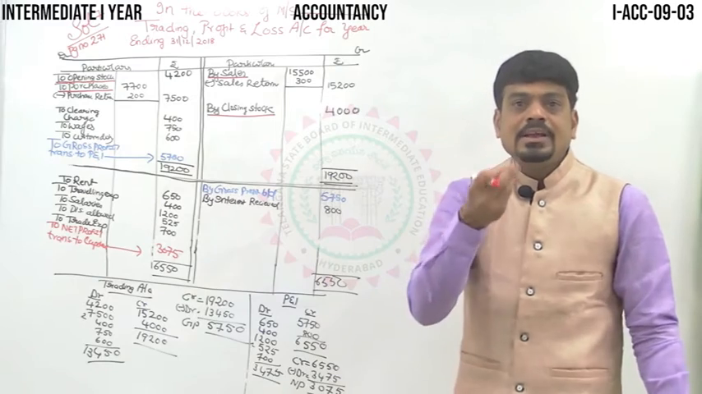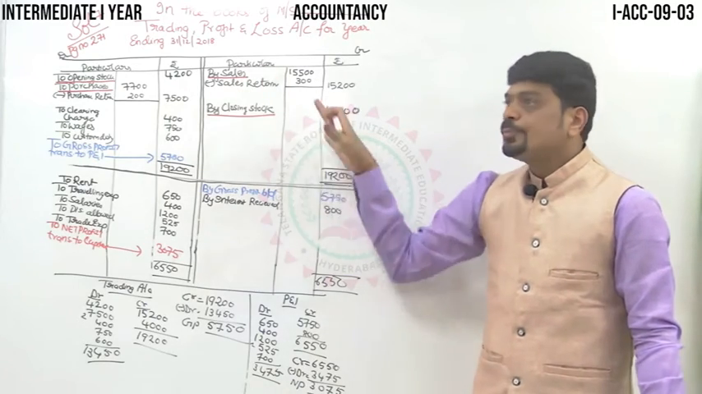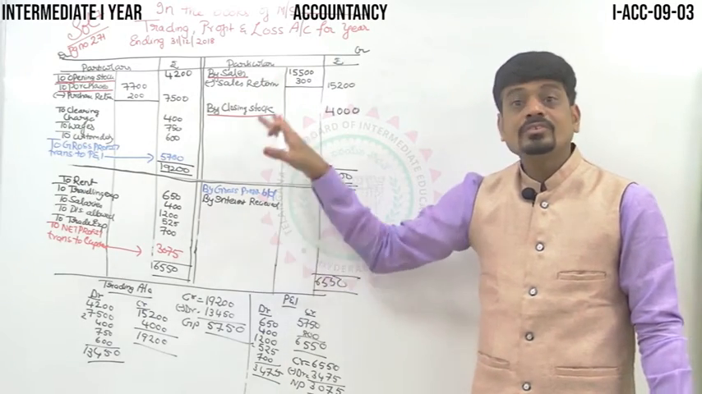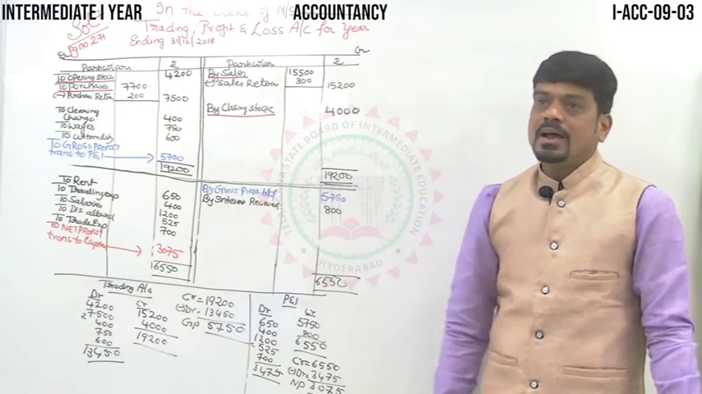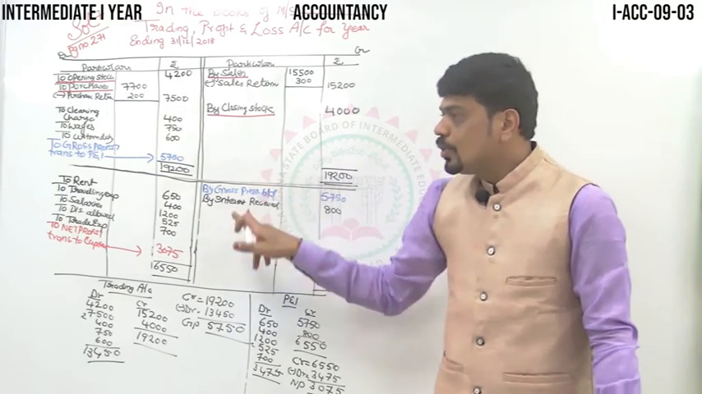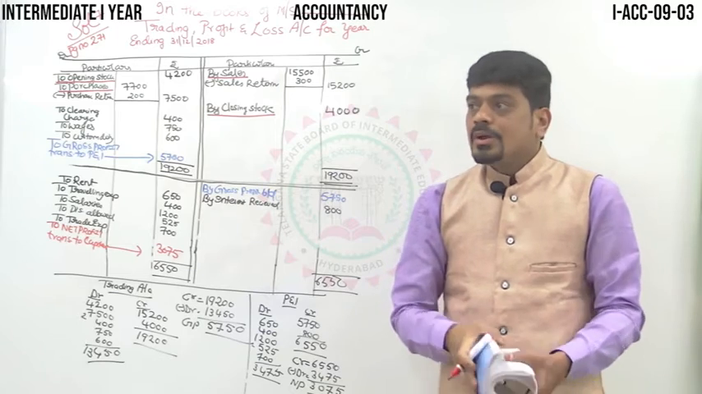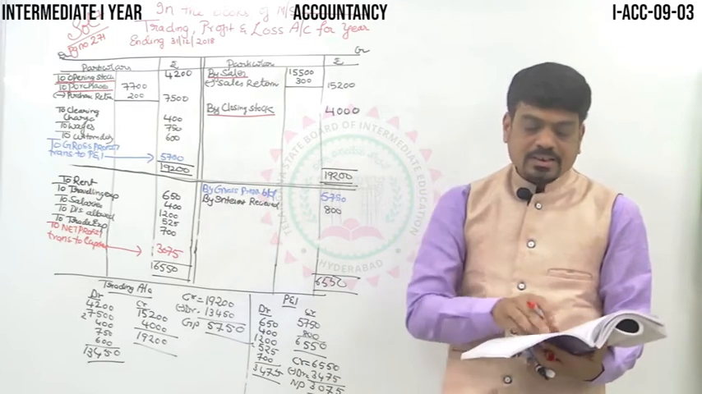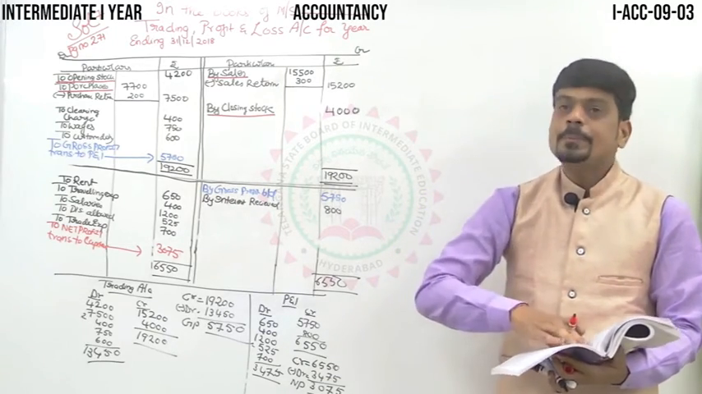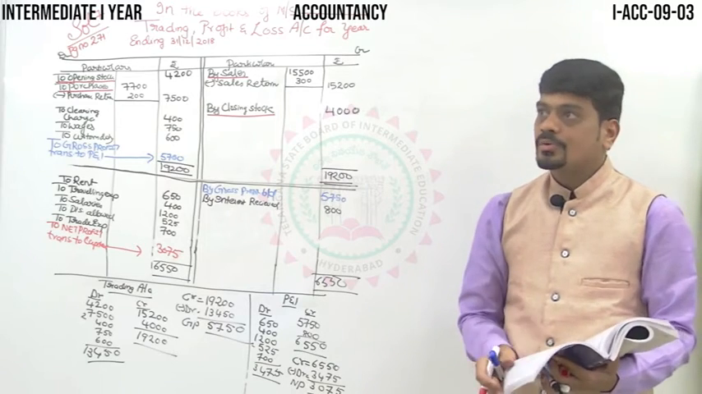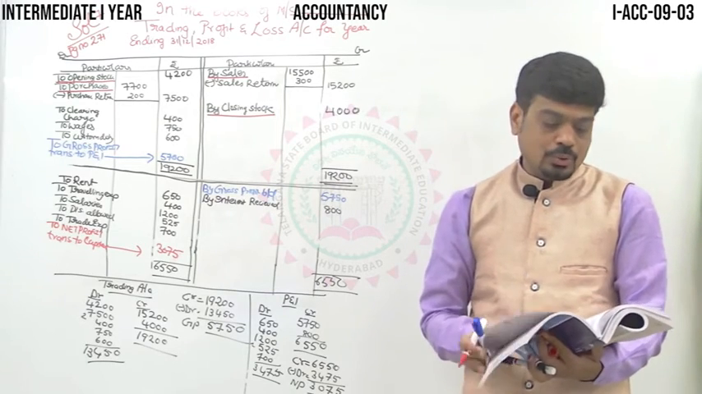Then randomly, as you get the item, start posting. Start posting and get the answer. Trading account, profit and loss account. Now, having discussed how to prepare the trading account and profit and loss account, I am going to show you how